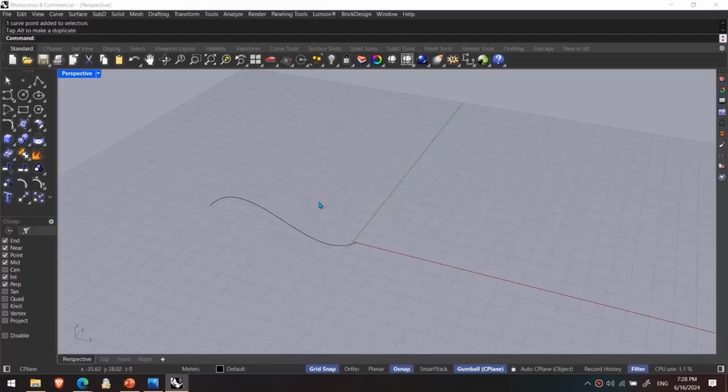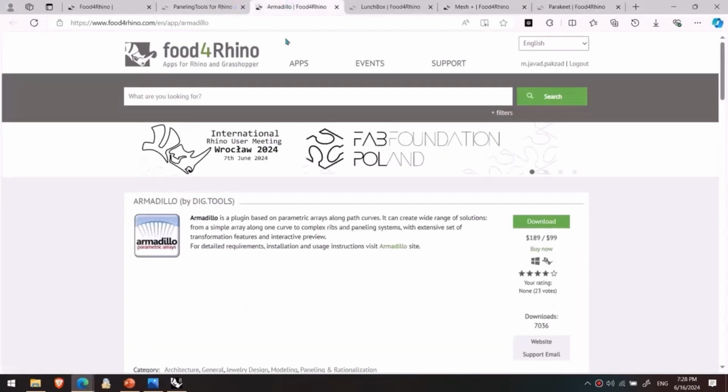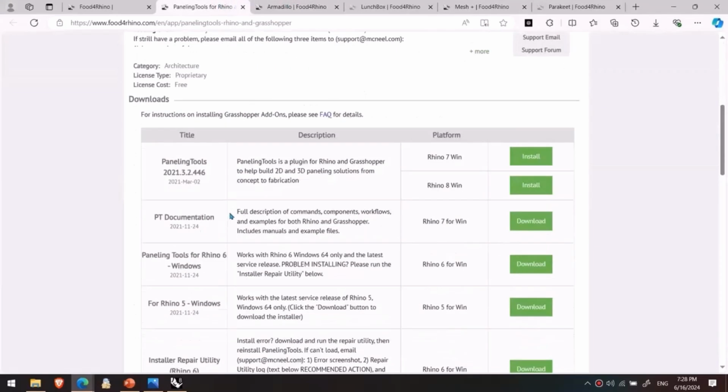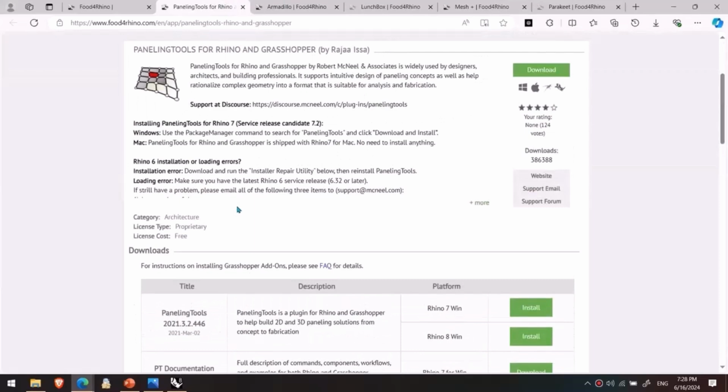that I want to talk about them. And we're gonna use one of them to move forward. Here we got two main plugins, our Modular and also paneling tools. As you can see,